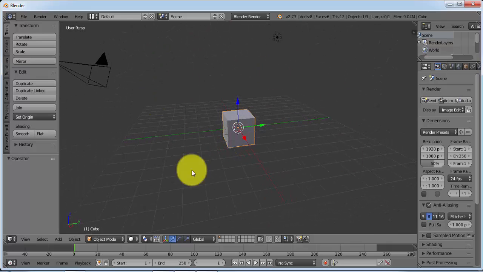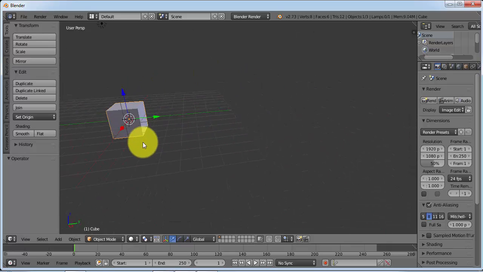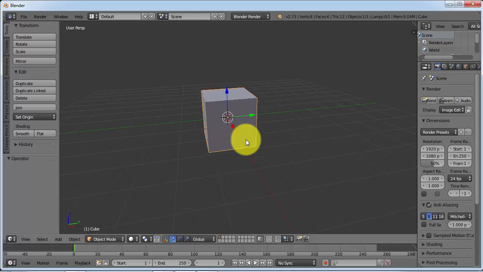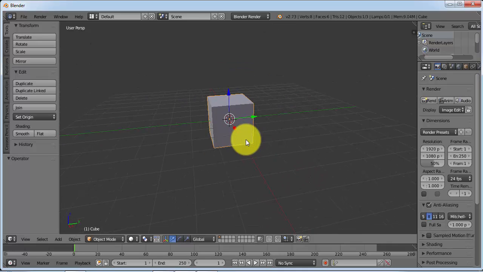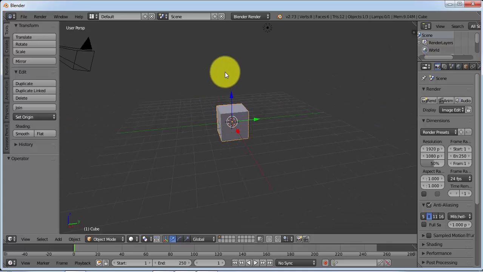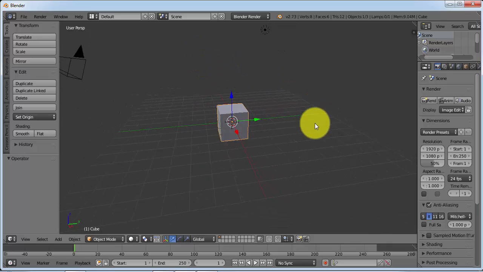If you want to pan it, then hold the shift button and click the middle mouse button and drag it wherever you want. Zoom in and zoom out can be done using the middle wheel, and that's it. We'll learn more functions of Blender as we proceed.